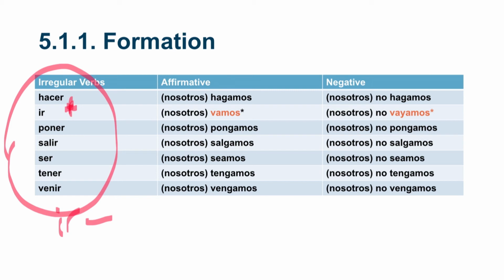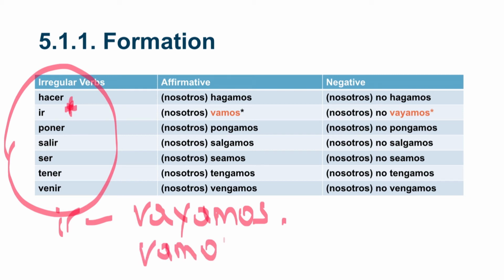Why? Because it's an exception. The nosotros form, the subjunctive form or the command form, should be vayamos. But it's an exception and you only use the present. And you say vamos. You don't say vayamos al cine. You say vamos al cine, vamos al parque, vamos de paseo, vamos rápido.